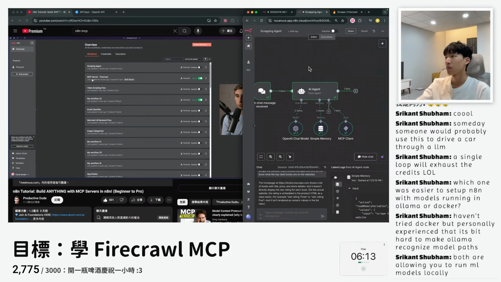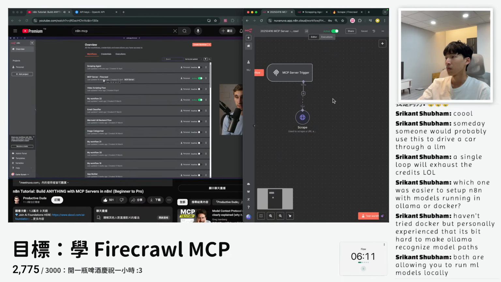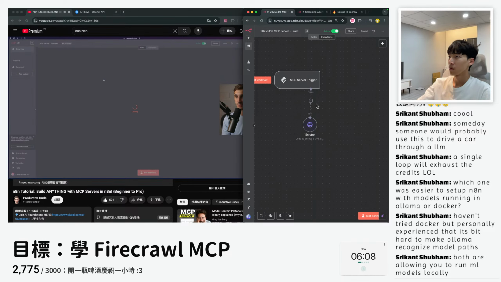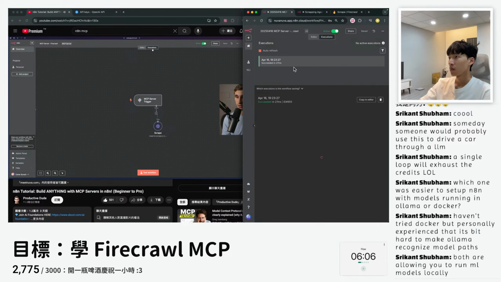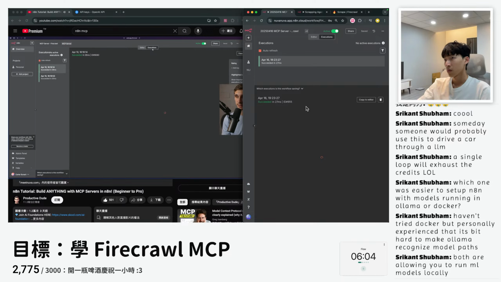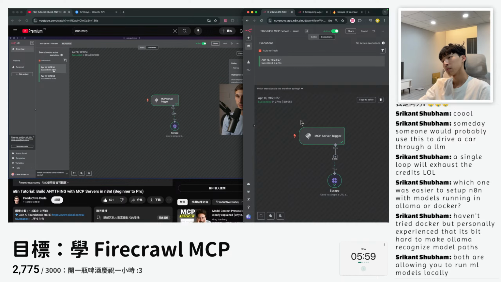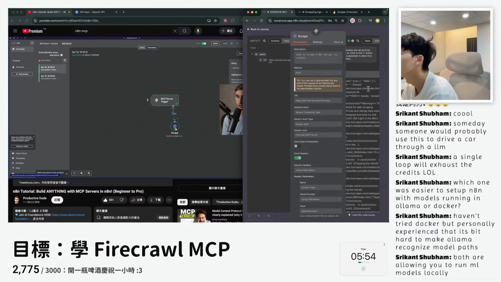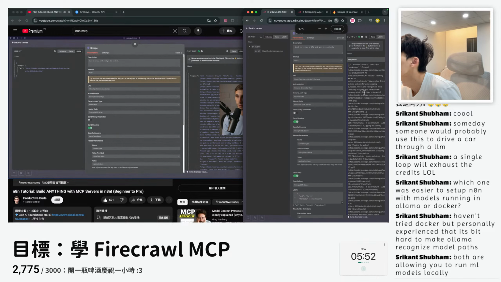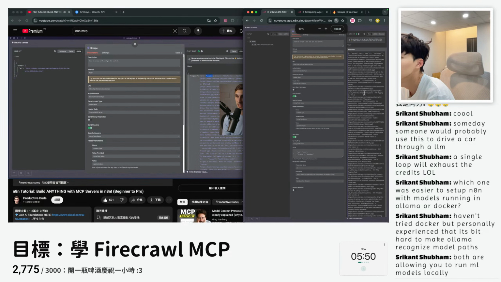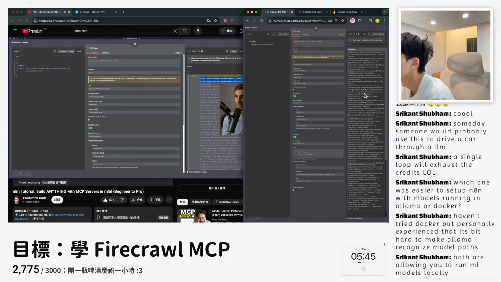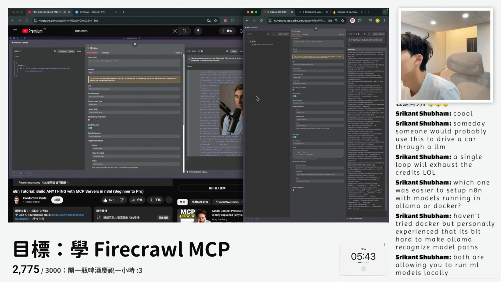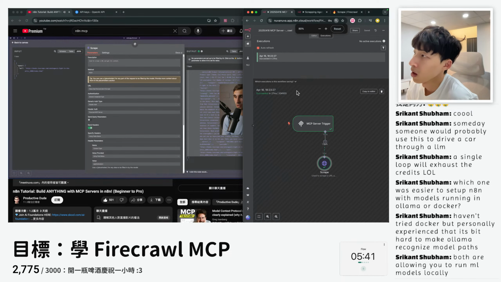And to check what this MCP server received and what it did with that information, we can go into the MCP server. We can click on executions. And here I can see the successful executions that it had. So right here, this first one is going to be the most recent. And if I wanted to see the information that it passed, I can just click into this scrape. And yes, I can see that we had a successful return, and then it gave me the markdown here. So it gave me the menu structure, and it came back with some information about this particular website.